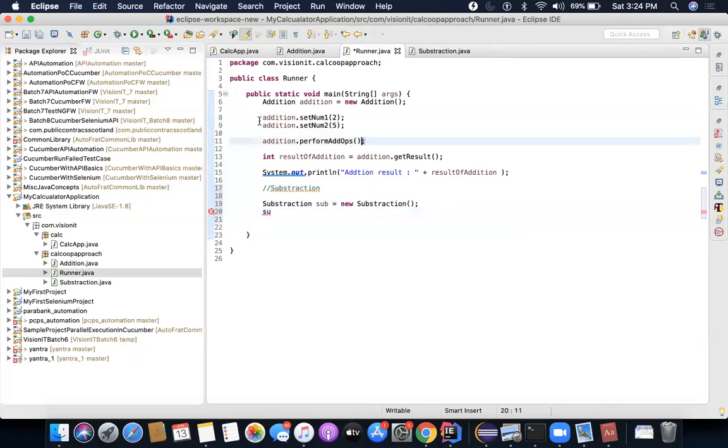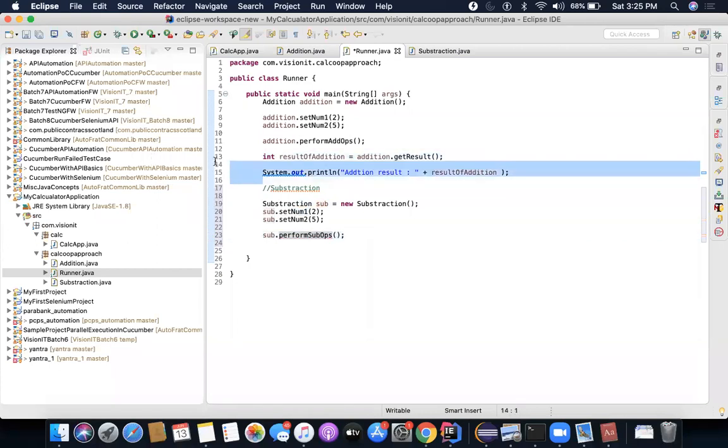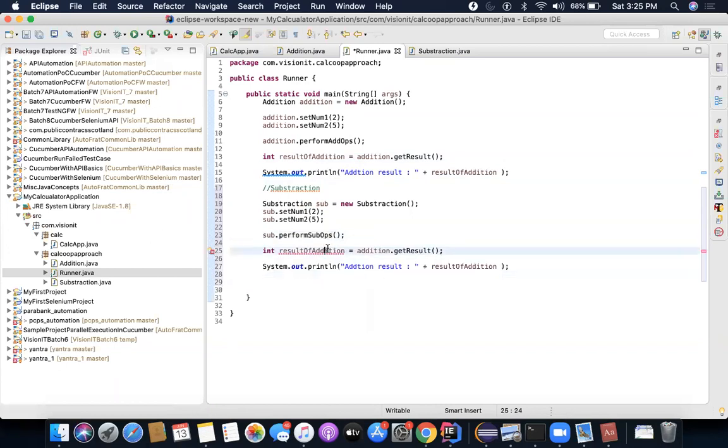I think I have to call the same methods again, only the name changed. Subtraction, subtraction, subtraction, sub, and result of subtraction. Like this.